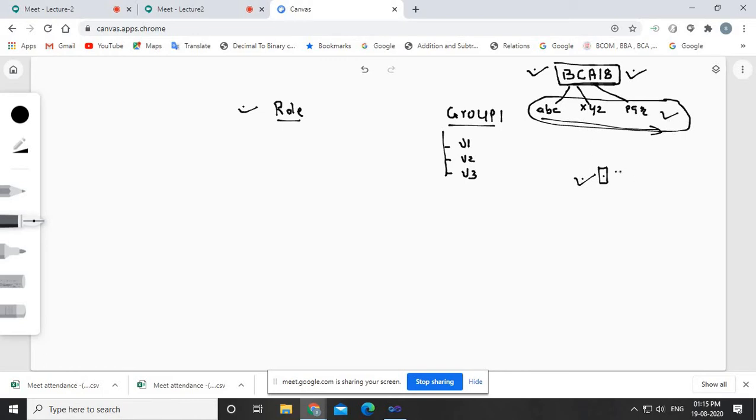And one more thing: let's suppose now I don't want to give access. Currently examinations are going on, and during the exam this note should not be accessible. So I want to revoke those privileges. Again, I do not have to go into the properties and remove individual users. I will just revoke the permission from this group. Once I revoke the permission from this group, no member of this group can access this file. So how easily we can do this.